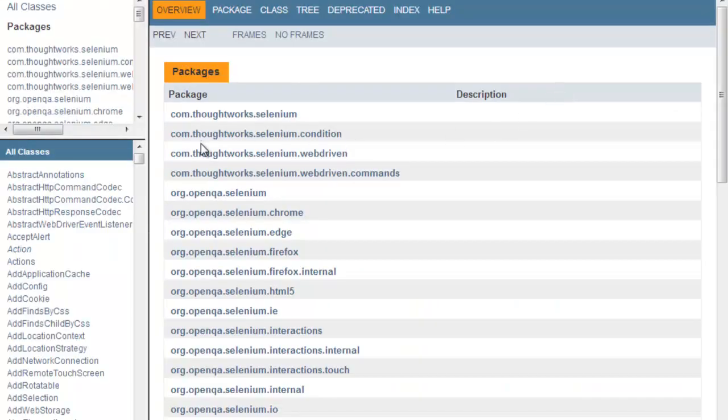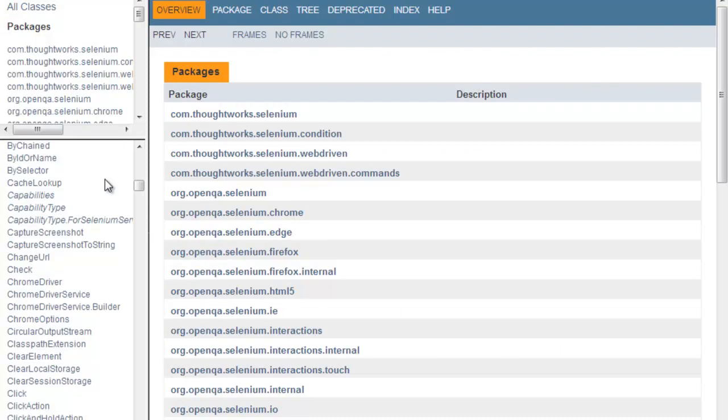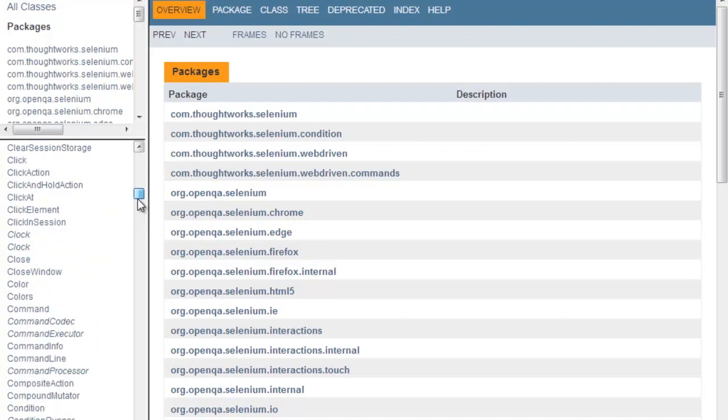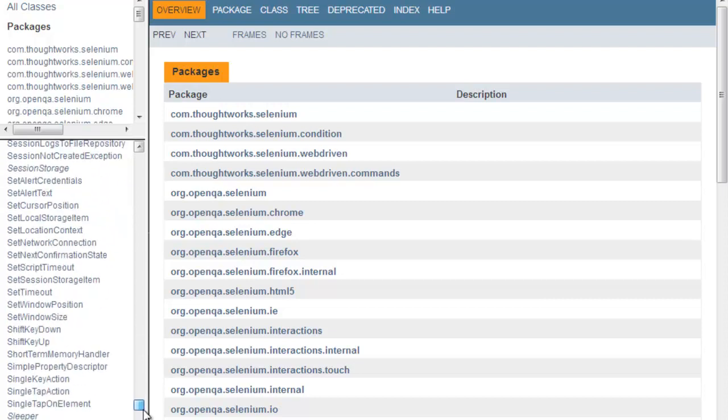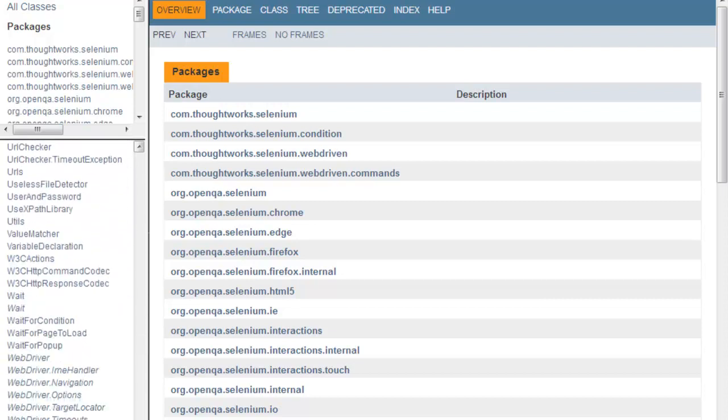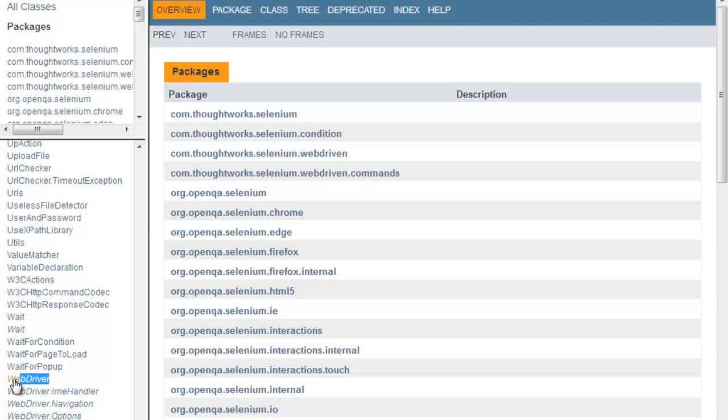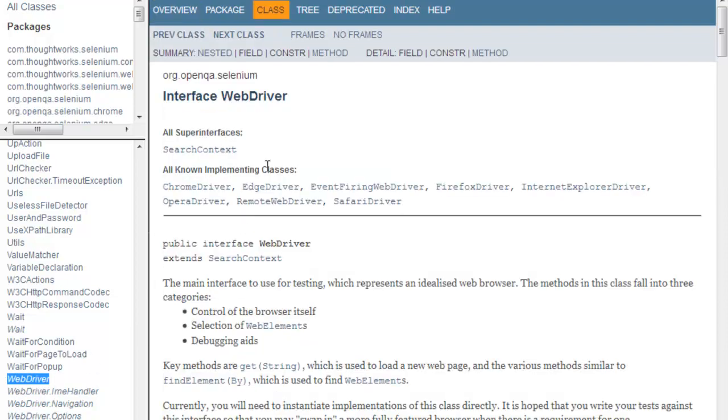You click on this Javadoc link, and in this Javadoc, if you scroll down, you will have the WebDriver interface which I told you earlier.